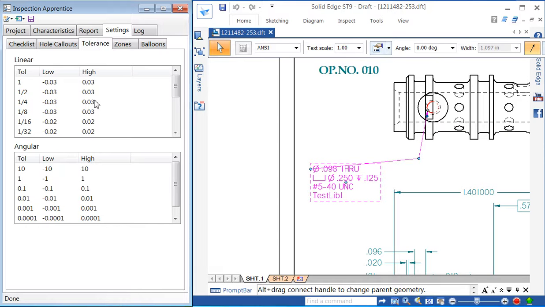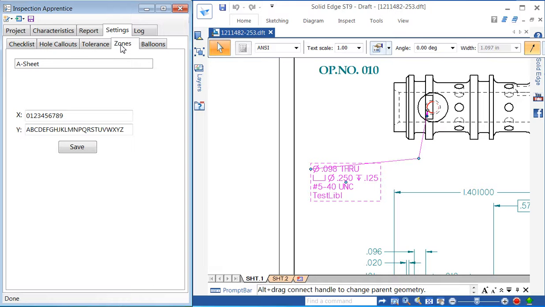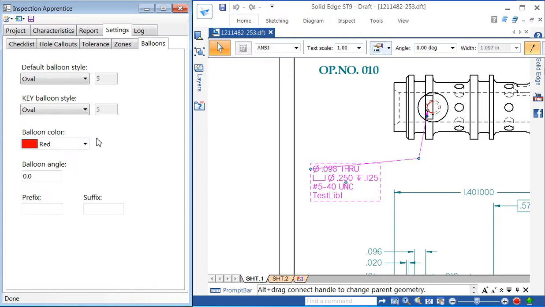Tolerance information here allows you to define the limits for tolerances unless otherwise specified. The zone of the characteristics: how does an operator find where that item he's attempting to measure is on the drawing? So the zone is identified there, and this can be based on the background sheet. Zones are defined differently based on the background sheet size and so on. For balloons, you can change the balloon color,